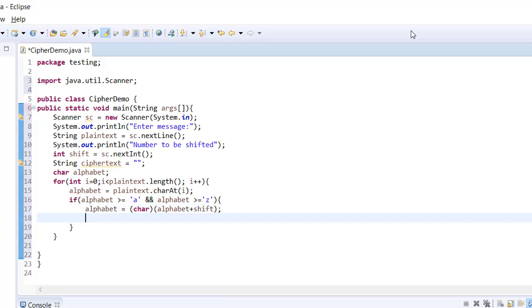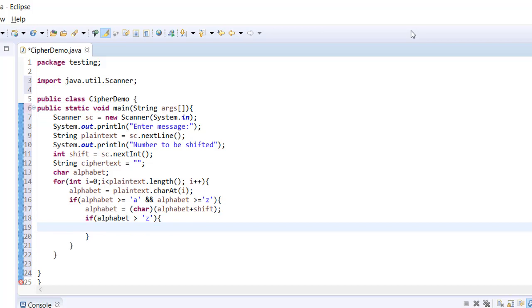So you can see, and replacing the character. Alphabet, if in case, this is needed because just in case if the pointer moves till the end, it has to be in a circular form. So we need to start the series or the sequence of alphabet from A just in case if it is reaching to Z. So restarting the series alphabet, and the pointer will reach back to the